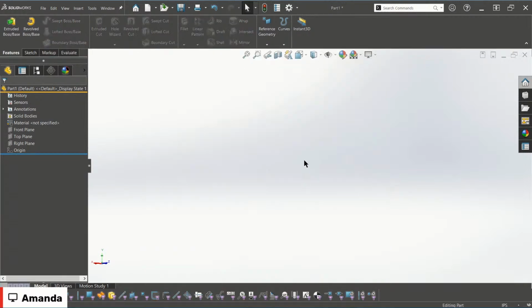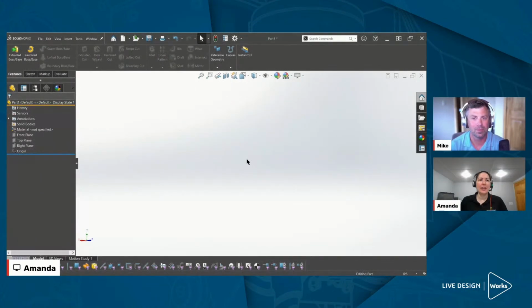Okay, so once we have all of our settings the way that we like them, it's a very good idea to save everything. When I was in tech support, if you had a corrupt registry, we had to reset your registry, and that would reset all of your settings to default SolidWorks. That may not be a big deal if you didn't make any changes, but if you made all those changes and spent all that time, and now we're resetting,